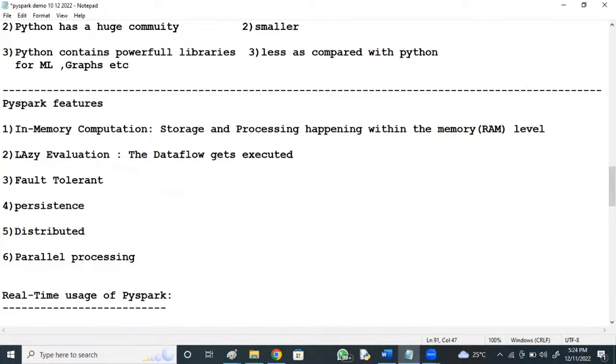The data flow gets executed only when we perform an action. So we have got different types of actions. Wait, later I'll brief you. Lazy evaluation means, for example,